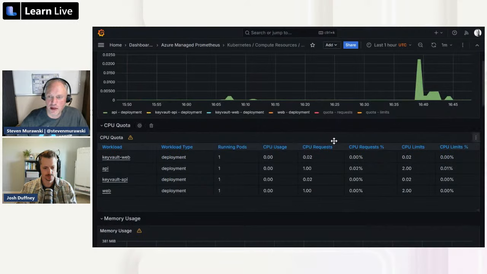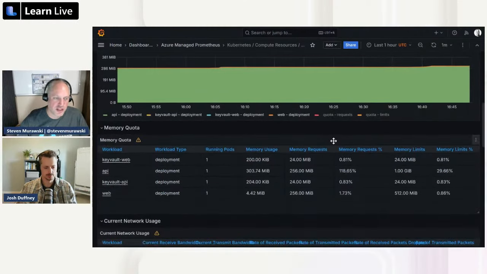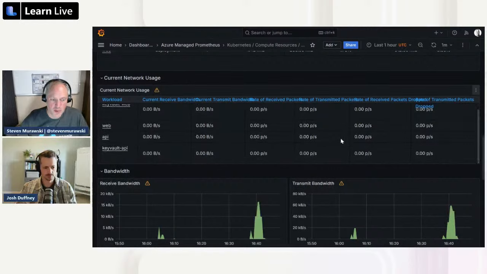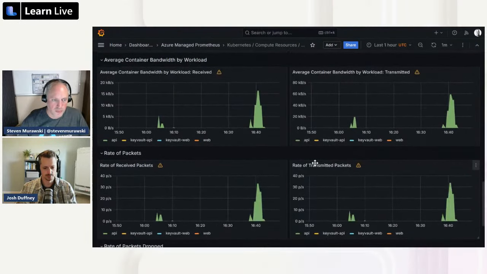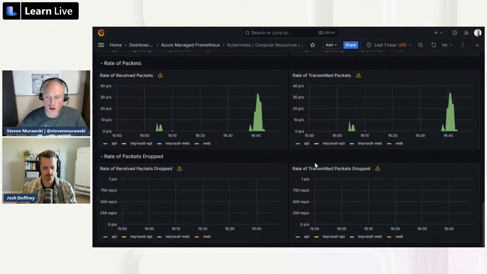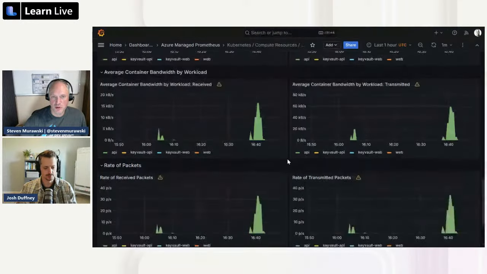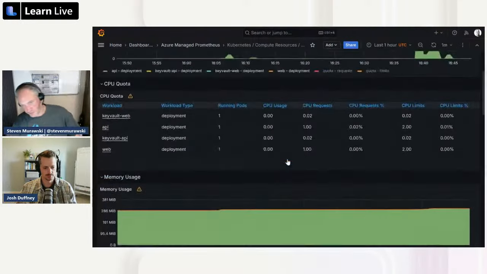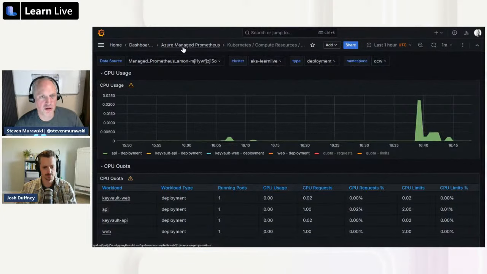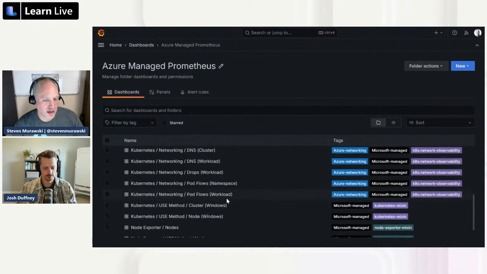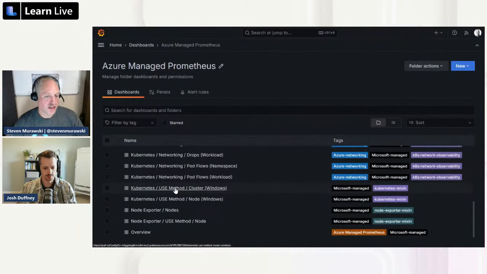But you get your CPU visualization, memory utilization. You can see what your quotas are, compared to limits, network utilization. So all of the operations data that you require and are interested in becomes available to you in nice visualizations. And there's other, depending on what you want to see, that's compute resources. You can drill specifically into networking. USE is utilization,